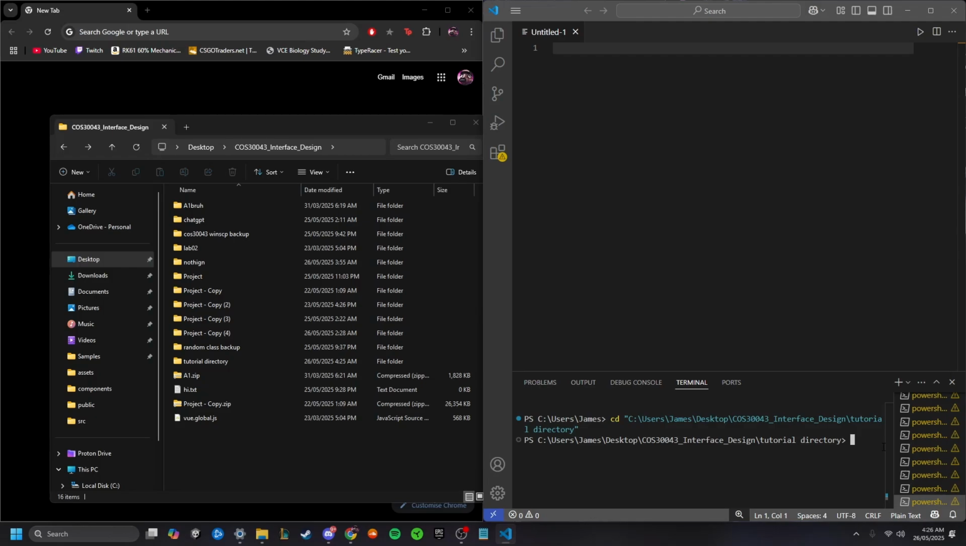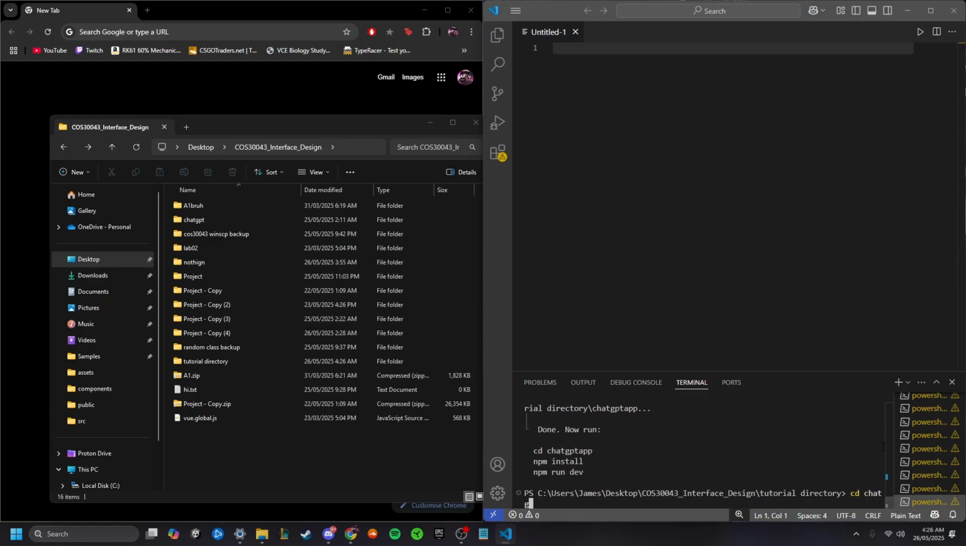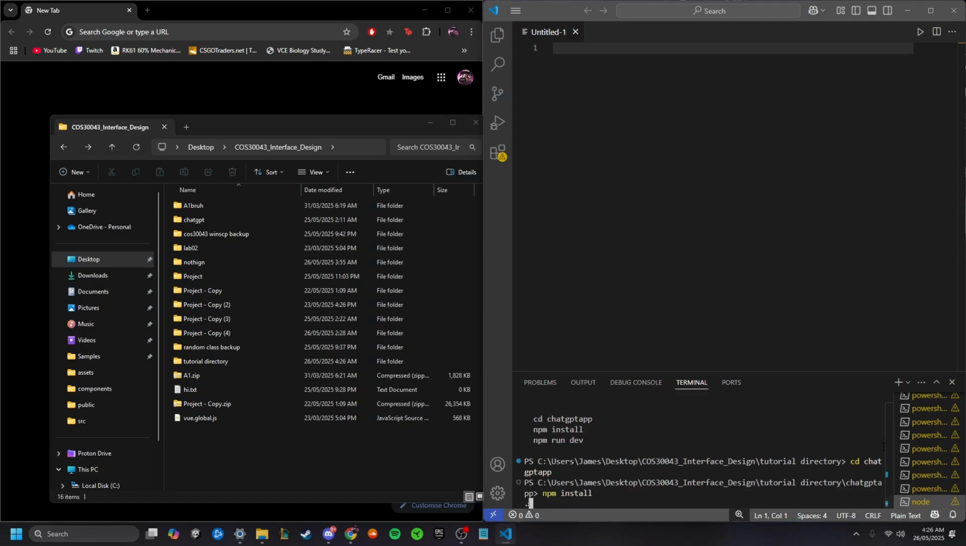So what we've got to do to start off is just create a new Vite app, which you can do by running npm create vite@latest, and then for the project name, we're just going to put ChatGPT app, and you want to select Vue and JavaScript. Now we're just going to follow the instructions that are written, so cd ChatGPT app, npm install,